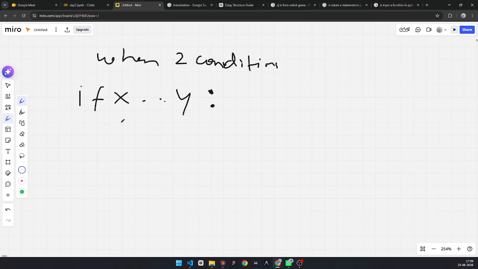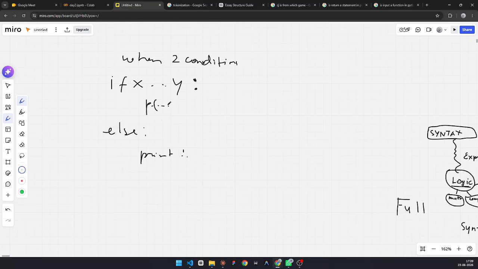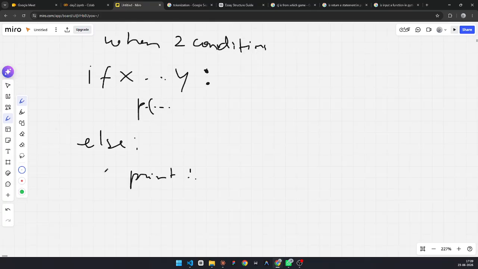Then here print blah blah blah, else print blah blah blah, print anything. If there are two conditions, then there will be only if and else.